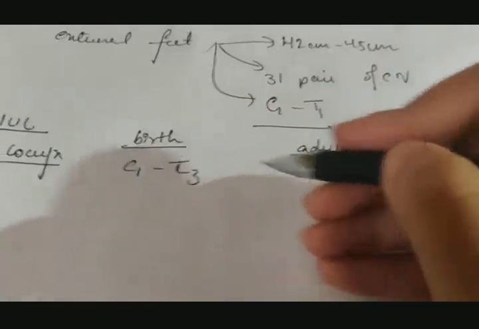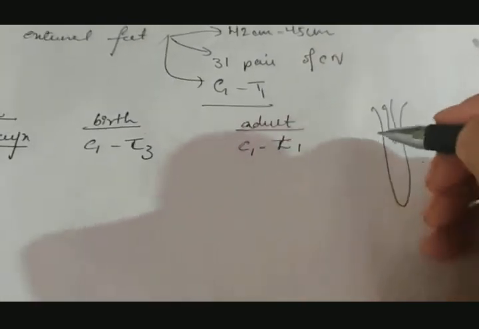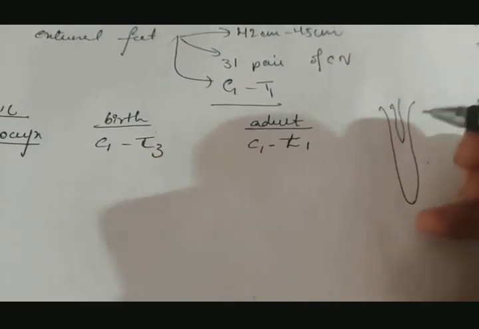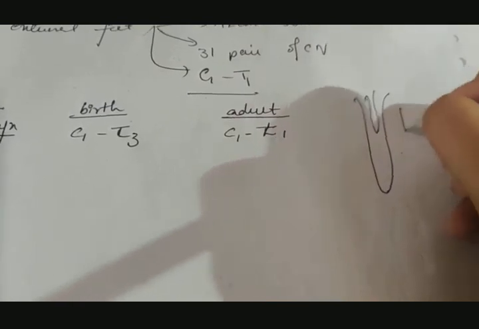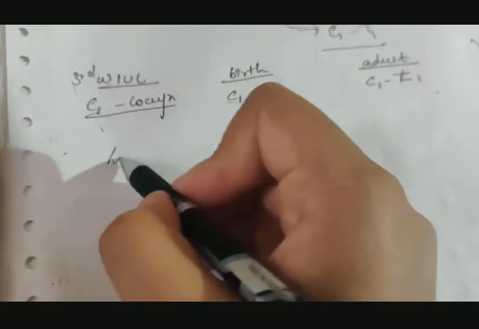So what actually happens? Why is it changing? That's because this is the vertebral column and this is the spinal cord. As the age increases, the vertebral column increases in length. When the vertebral column increases in length, the spinal cord decreases. So they're inversely proportional. Now why do we need to know this extent? Because during the process of lumbar